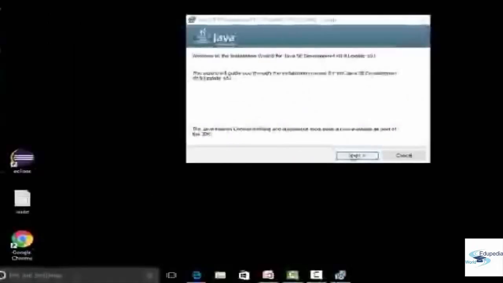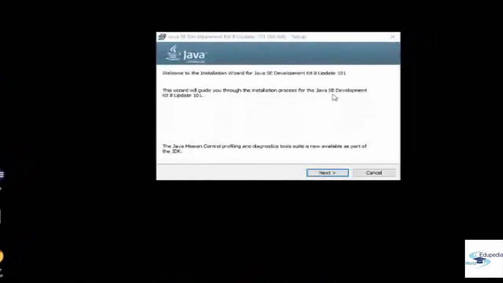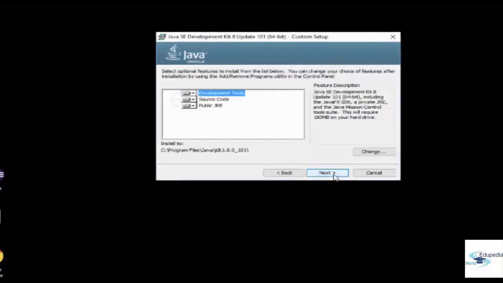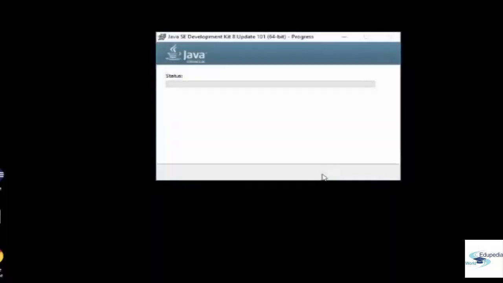Okay guys, I'm beginning the installation of JDK onto my Windows machine, which is a 64-bit machine. The installation steps will remain the same for Windows 64-bit or 32-bit. Just click on next on this pop-up window. It will ask you which features you want to install. Just click on next and the installation will begin. It will take a few seconds or maybe a minute to do the installation. So it is going to copy your new files,